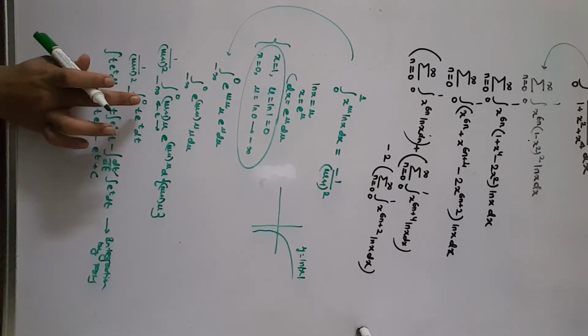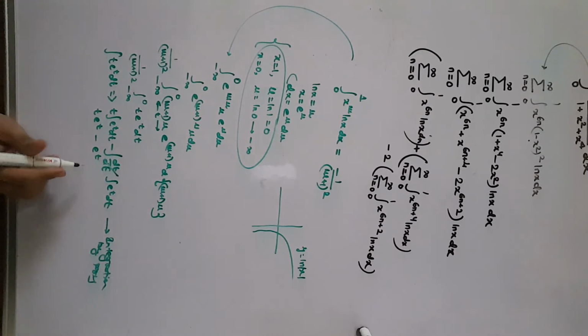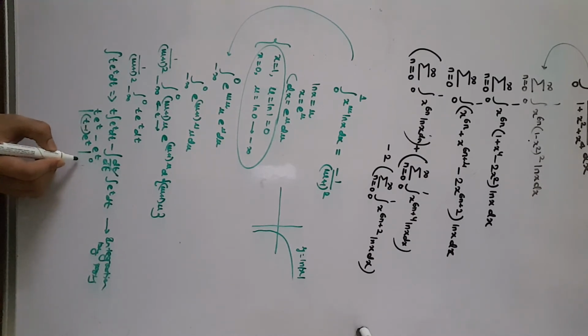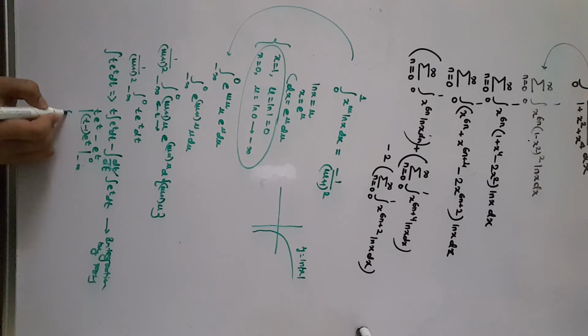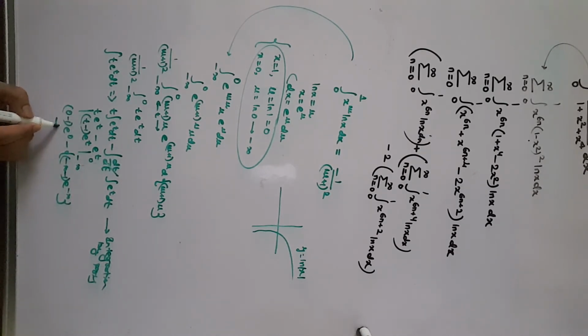But as we all know it is a definite integral, so we are not having any constant here. It will be (t minus 1) times e to the power of t. Upper limit is 0, lower is minus infinity, so it will be (0 minus 1) e to the power of 0 minus (minus infinity minus 1) e to the power of minus infinity. So it will be minus 1 times 1 minus (minus infinity) times 1 divided by e to the power of infinity, which is infinity. So that will be 0, so it will basically be minus 1,